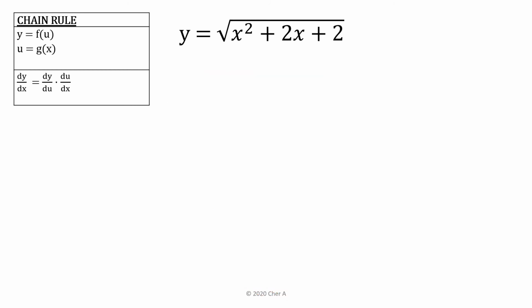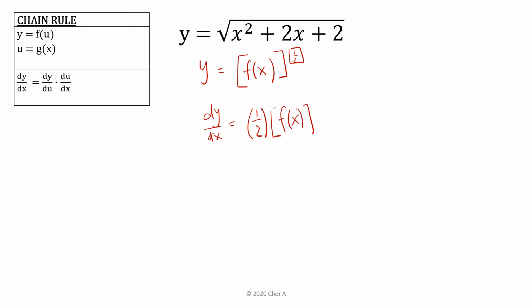Alright, so let me give you a shortcut using the chain rule. So we see here y equals a function of x, and in this function of x there is a power, and in this case the power is half. So dy dx, this is the chain rule shortcut, alright? So we'll bring the power down, the function remains, the new power of the function minus 1 will be the original function minus 1, and then